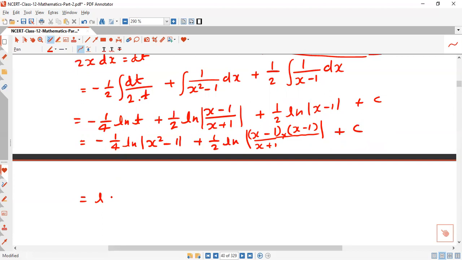Yes, I can do these complications. Square terms are there, and I can combine all these terms, log terms, I may also combine this one. Let's see how I can combine these terms. This is a log, 1 by 4 taken outside. So we see log of 1 upon x square minus 1 power 1 by 4,